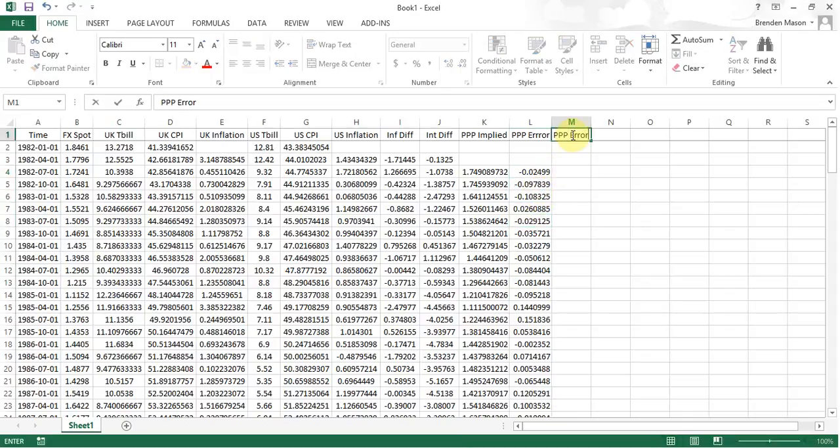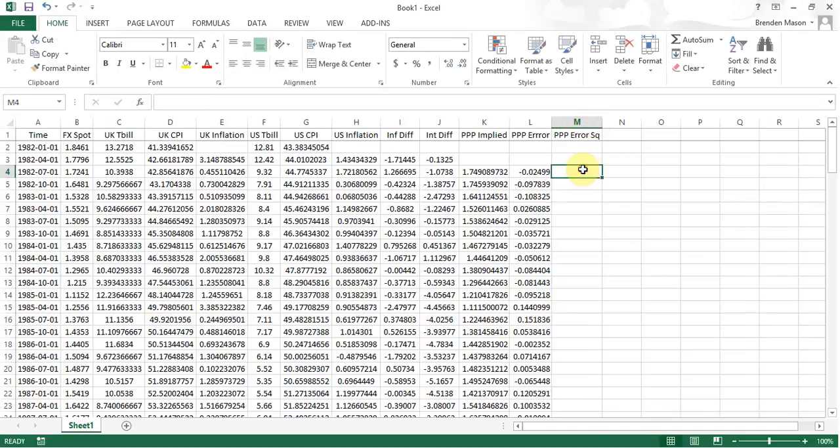Why are we doing this? We'll call it SQ for squared, error squared. Why are we squaring it? The reason we're squaring it is because ultimately we're getting forecasts based on purchasing power parity, based on interest rate parity, specifically uncovered interest parity, and then also a naive forecast. And we're going to evaluate. You're going to evaluate in the project which of those 3 models